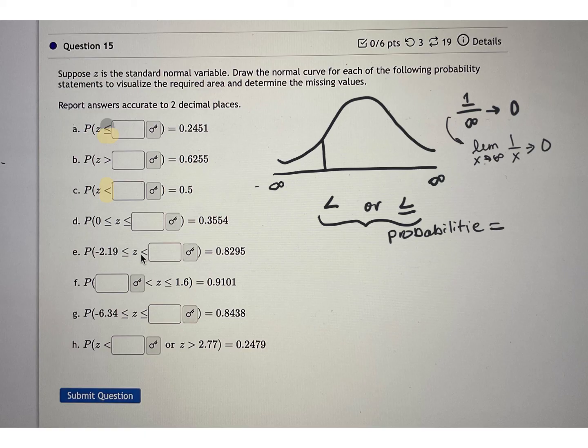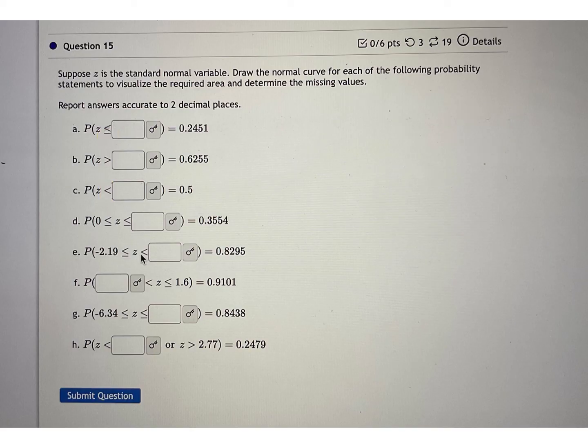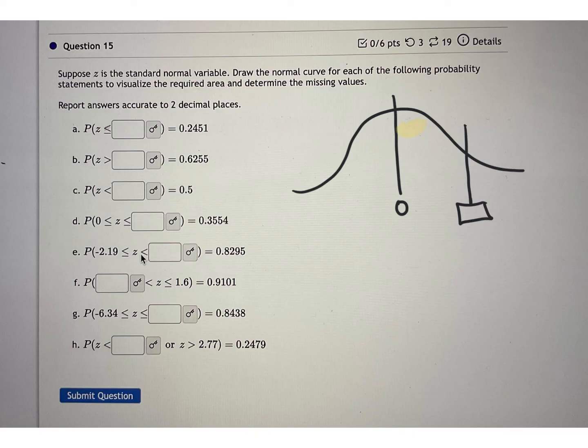So doing problem number C is exactly the same as doing problem number A. Right? So now let's take a look at problem number D. All right, so here we have this, and they want to know between 0 and some number up here, because it's on the upper limit, this area right here, in between here, is going to equal to